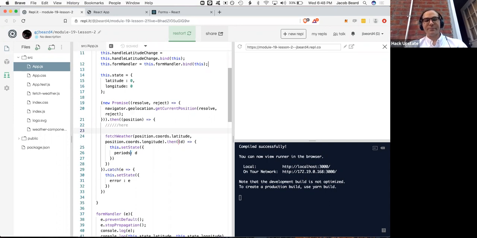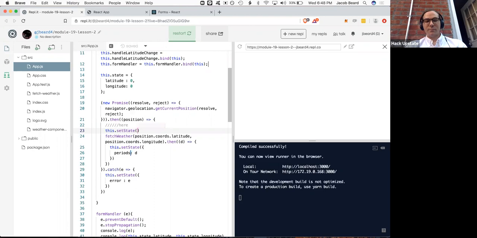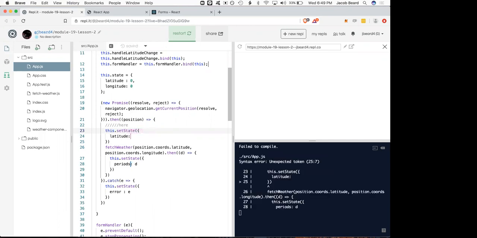This.setState. Then you give it an object, another object. Yep, that's right. And then you'd say latitude, and then we use